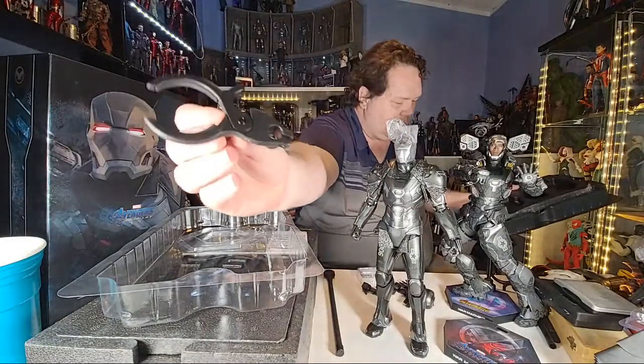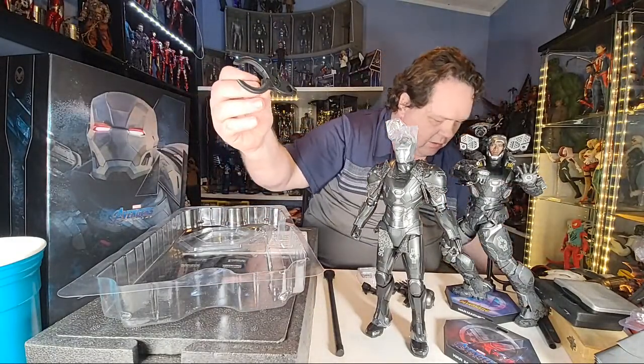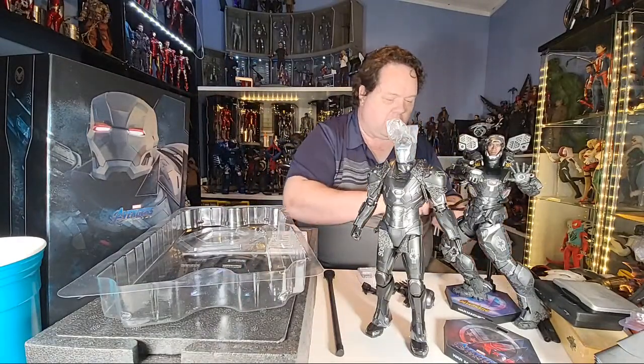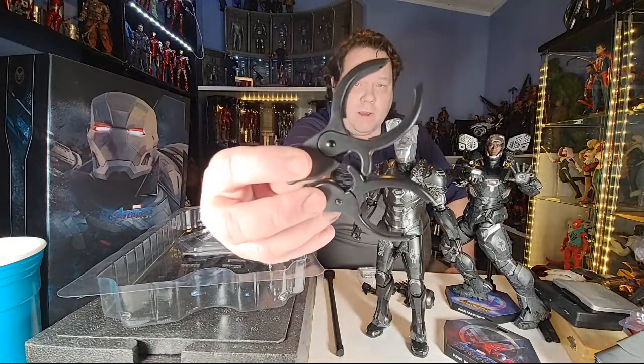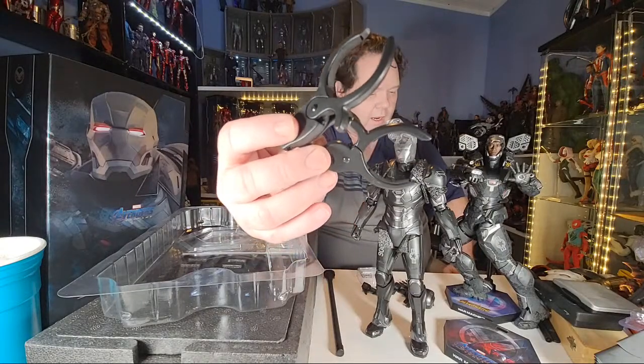And this is the waist grabber they give us. Notice, let me show you the difference between these two in case you didn't know. Actually, there's many of these waist grabbers. So the one on the bottom is the one I'll be using with the metal rod and the